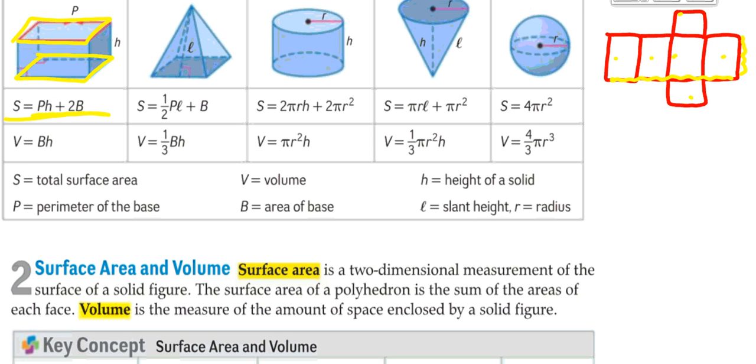It doesn't matter which place you find that, but that perimeter times the height, which is the height of the whole shape right there. And then you need the top and bottom areas. So that capital B is the area of the base, and then you double it to get that whole thing as you go. And so I'll just leave that there a minute to remind you. And then volume is area of the base times height. So notice,